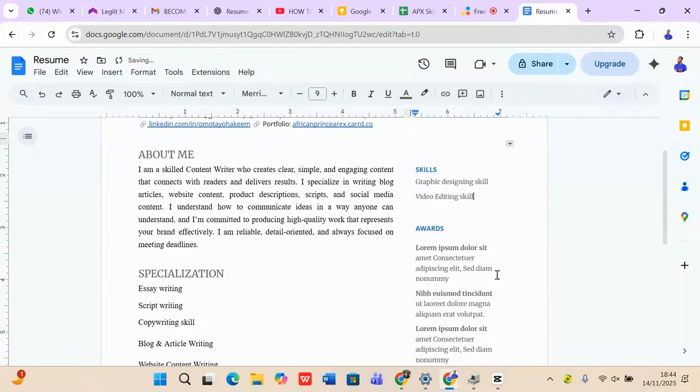Don't forget that these skills that you are putting here, don't just put any skill randomly, because when they are verifying all your documents, when they are going to your LinkedIn or your social media page, or when they are going to your portfolio and they can't find what you are saying here inside any of it, you are out of the game. If you don't have it, it's not compulsory, please. Anything you don't have, don't put. It is something that you have that you put. That is why I usually encourage every one of my students to continue to learn, because the more you learn, the more job opportunities you are going to be getting in this online space. So any skills that you have, those are the skills that you should include here.